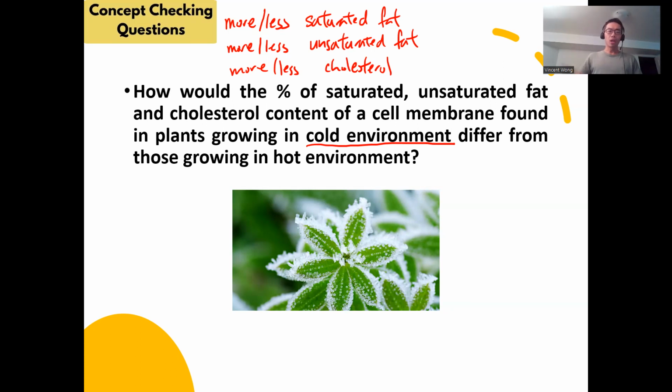So in a cold environment, listen to me carefully. In a cold environment, is the cell membrane more solid or more liquid? If it's cold, do you expect things to be more solid or more liquid? Think of butter. If it's cold, is it more solid or more liquid? More solid. Exactly. That's the first thing you have to understand. Cold environment means cell membrane